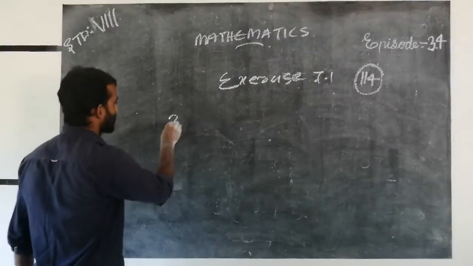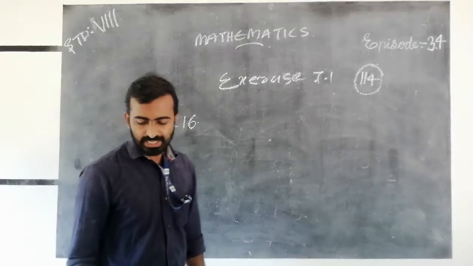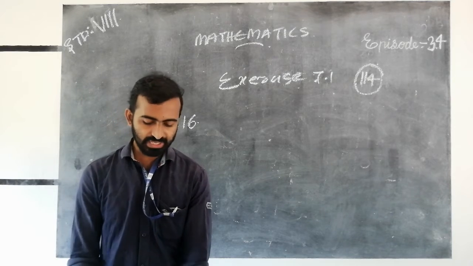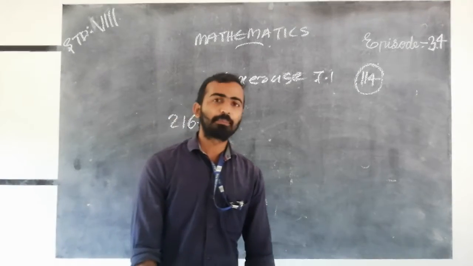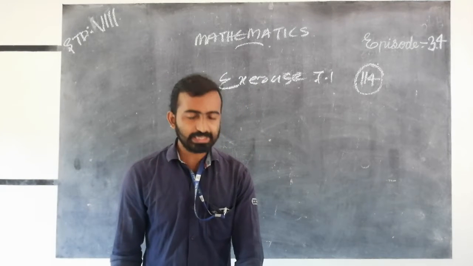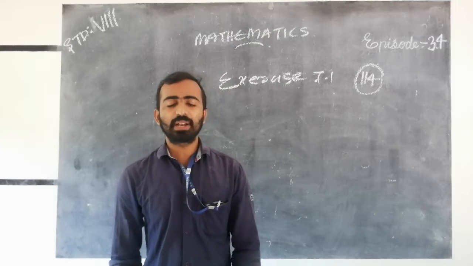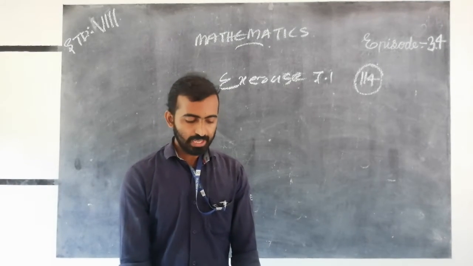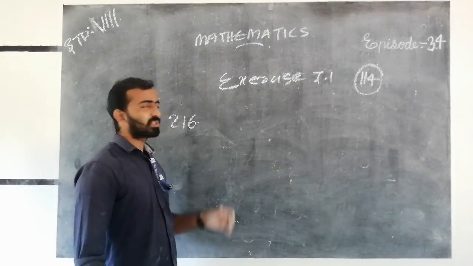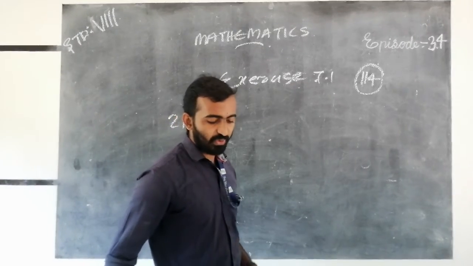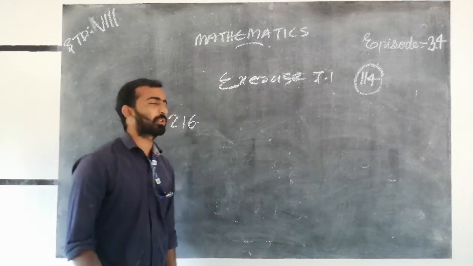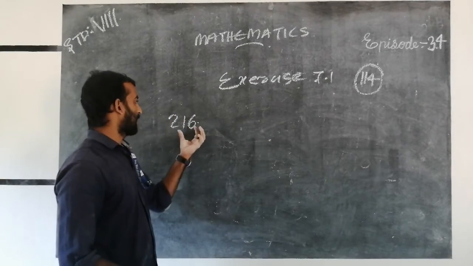First one is 260. We take the prime factorization. What is the prime factorization? Sorry, discuss and write in your page number 130, that is for your homework. And our exercise 7.1, page number 140. The first question is: which of the following numbers are not perfect cubes. We want to check whether this is a perfect cube.